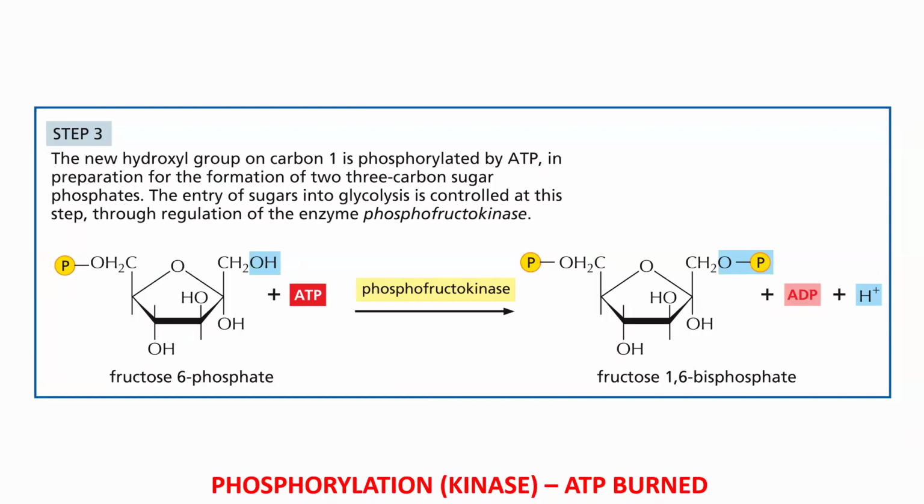This means it's a fructose that has 2 phosphates on it, but the bis means that the 2 phosphates are in different places, and the 1,6, hopefully by now, is self-explanatory. Fructose 1,6-bisphosphate: fructose with a phosphate on carbon number 1, and a phosphate on carbon number 6. It's not a diphosphate. Phosphates are on different functional groups. So phosphofructokinase adds a second phospho group.